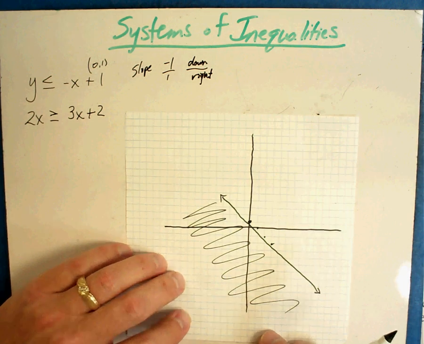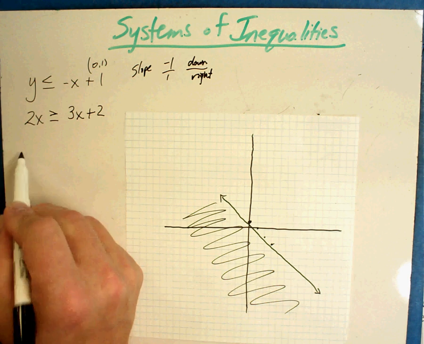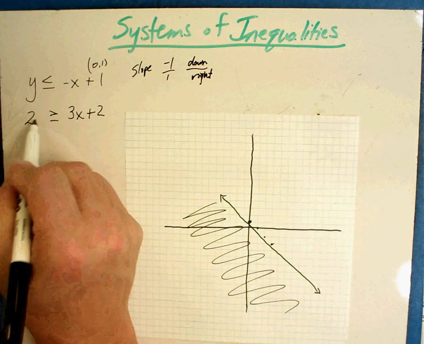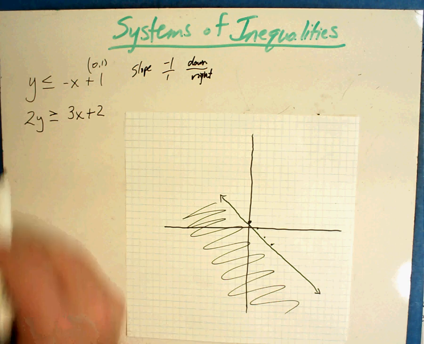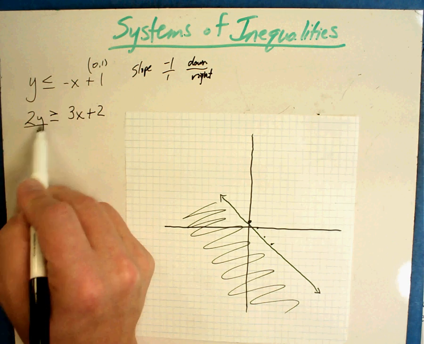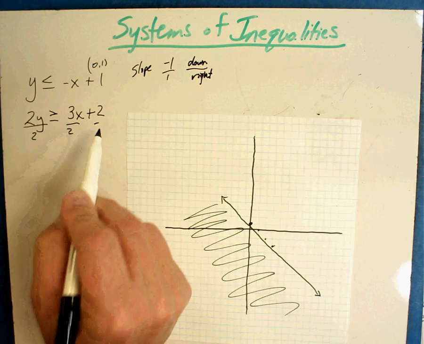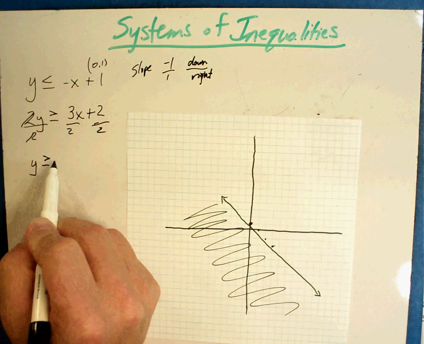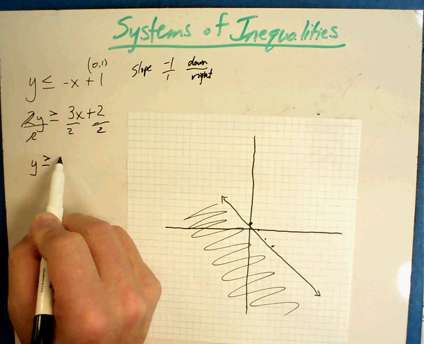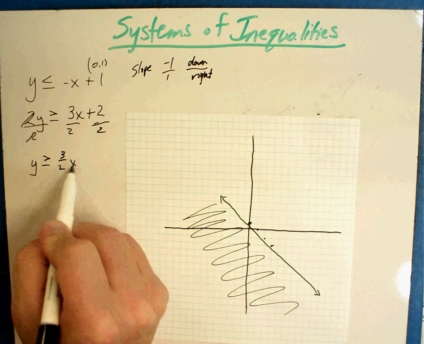Now the second equation is a little more difficult because, I'm sorry, I wrote it incorrectly. Fix that in your notes real quick. It's not y equals something, it's 2y equals. So I'm going to have to divide by a 2 for everything. So my real formula is y is greater than or equal to 3 halves x plus 2 divided by 2